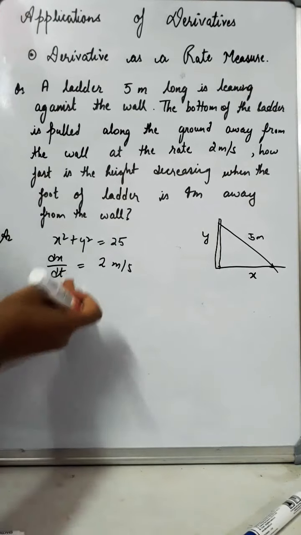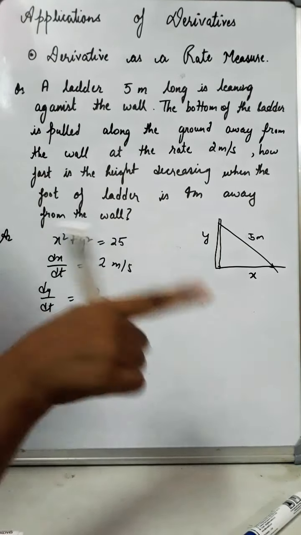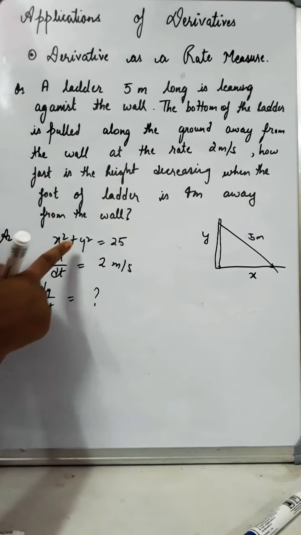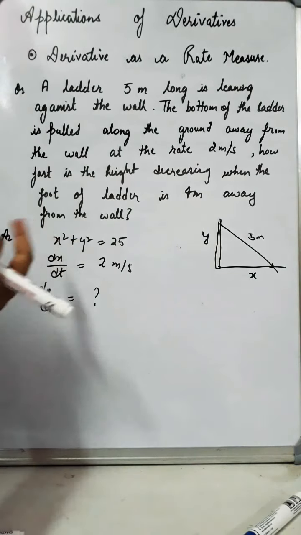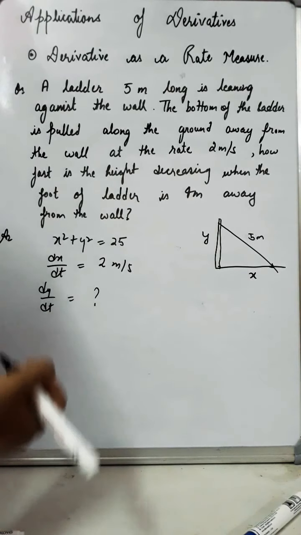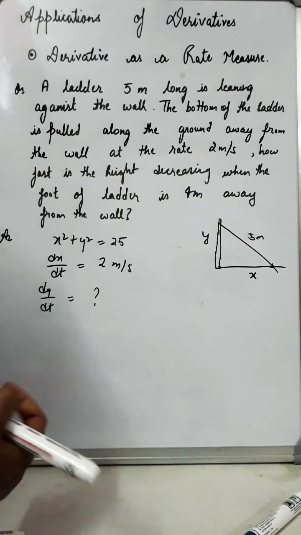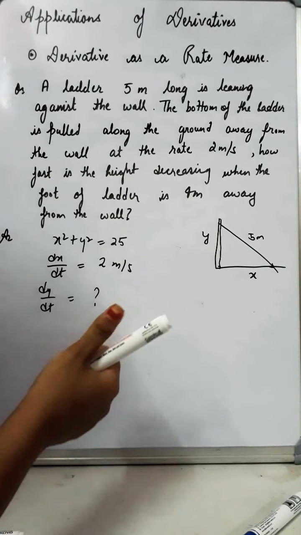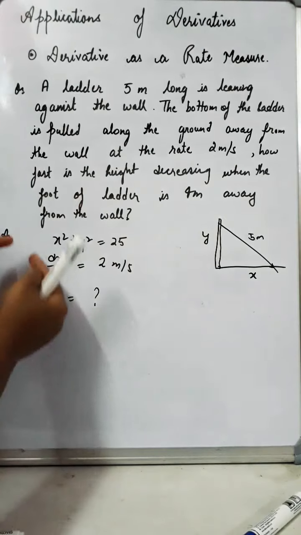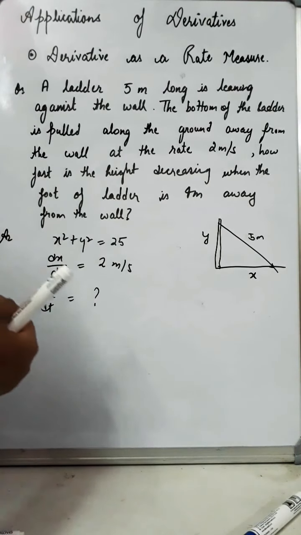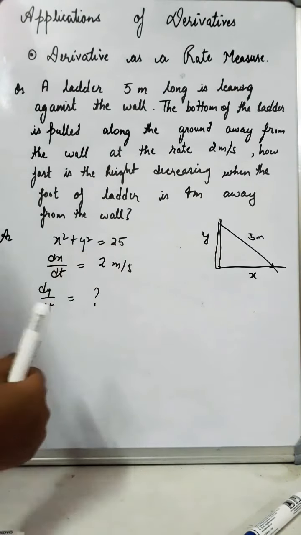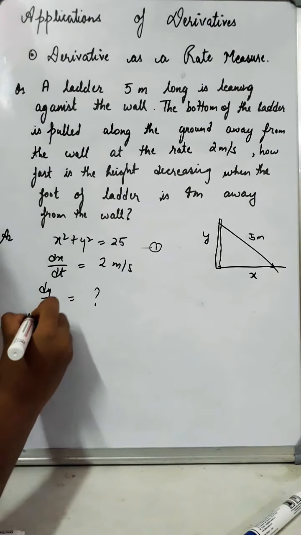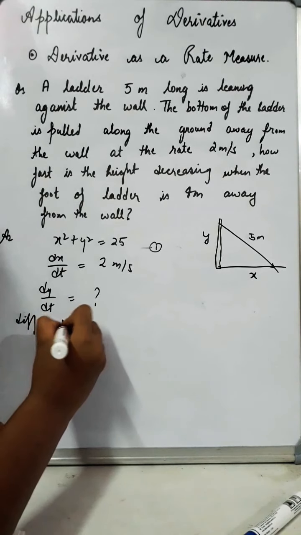So basically we have to find dy dt here, alright, and now you see the derivative of implicit function has also come into play. How? Because you can easily guess that this equation is an implicit equation, implicit function, alright, and you know how you have to find the derivative. You are going to differentiate both the sides, this time with respect to t, because you have to find the rate of change of height with respect to time. So you will differentiate both the sides with respect to t. So if this is equation 1, you will do differentiating both the sides,